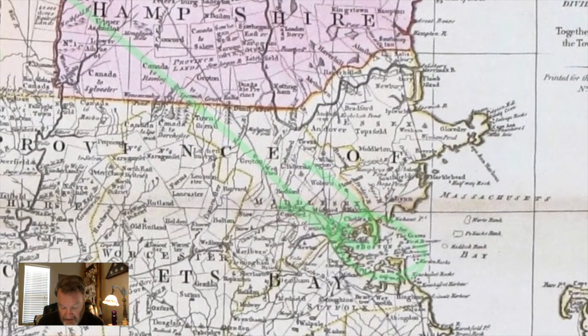However, General Gage knew that those cannons were coming, and the colonial militia knew that the cannons were coming. So what they had planned to do then, the colonial militia, in June of 1775, decided that if they could take this area here, Charlestown,